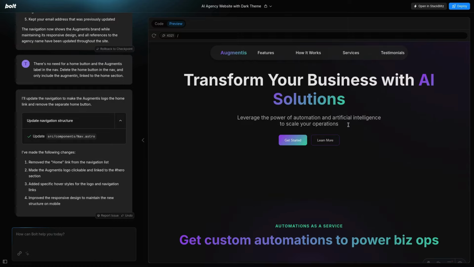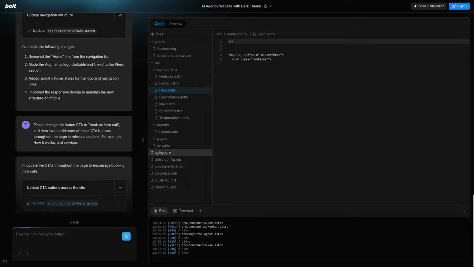Next, I have a couple more quick things I would like to update with the website. For one, I don't really like Get Started. I want to have the call to action button be Book an Intro Call. And then I want to add more of these call to action buttons throughout the site, throughout the page, in relevant sections. Okay, so Bolt's getting started,